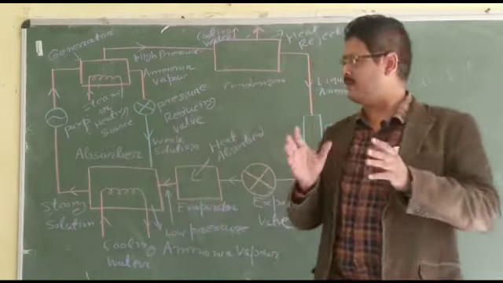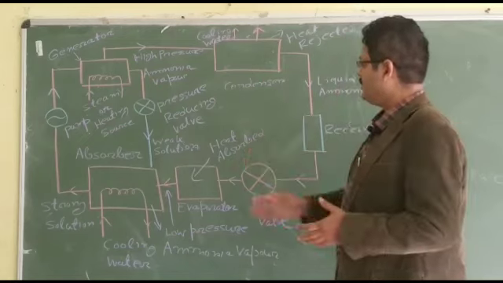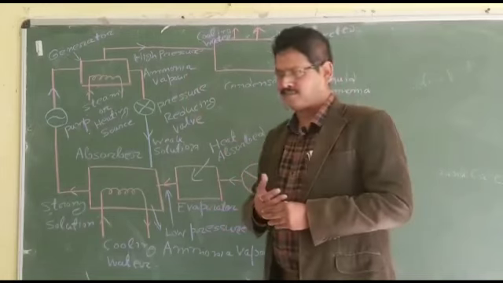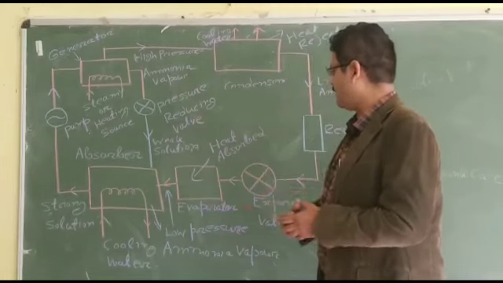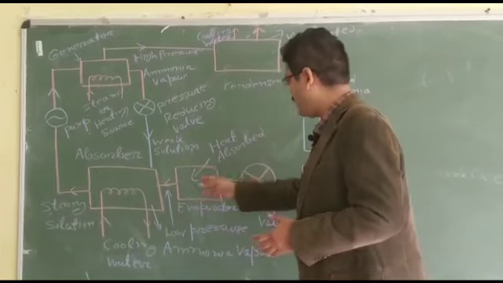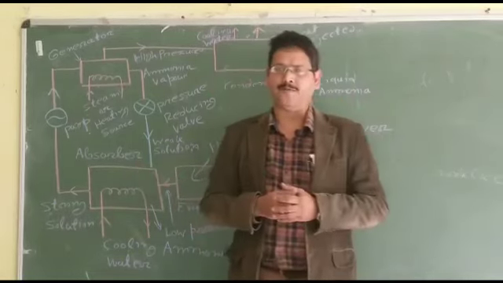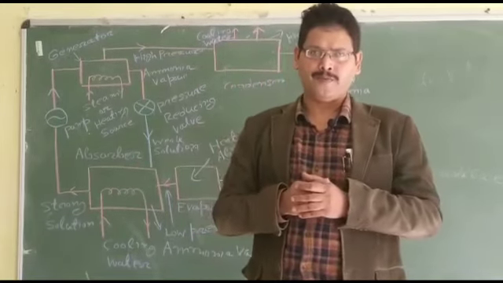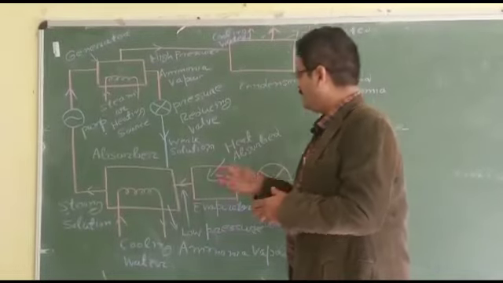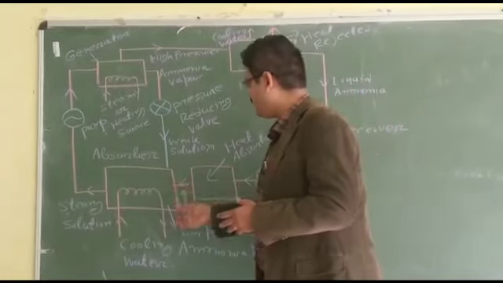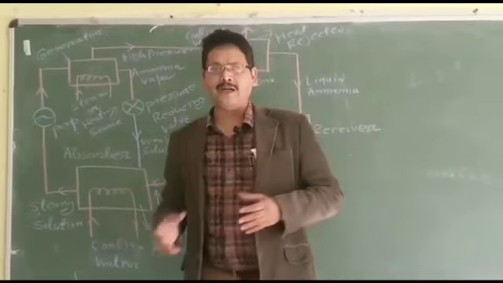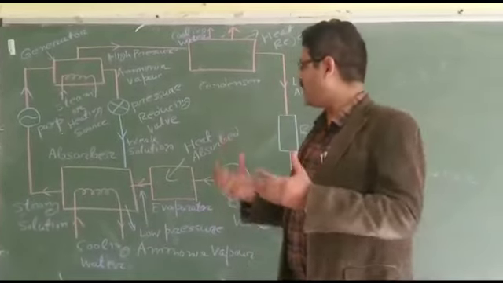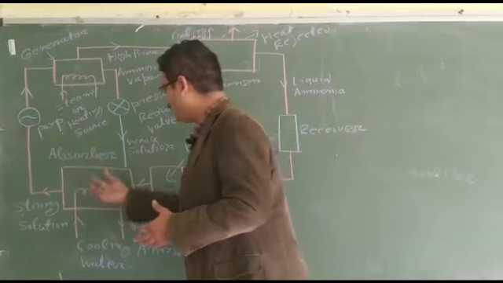Now let us see how the system actually works. So you can see that it has got all the components other than the compressor. So first of all, low pressure refrigerant is drawn from the evaporator, it enters the absorber. Water has the ability to absorb a huge quantity of ammonia, and the ammonia coming from the evaporator is readily absorbed in the absorber, and absorption of ammonia also lowers its pressure. As a result, more and more ammonia vapor is drawn into the absorber.